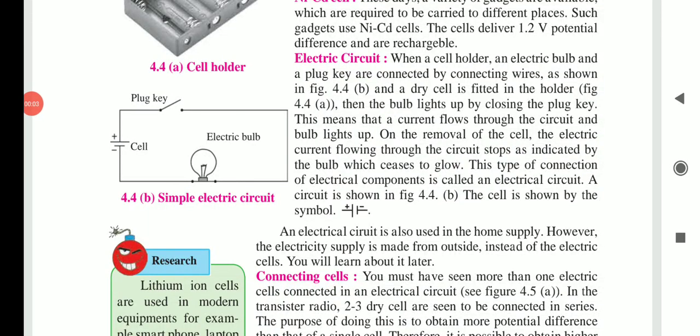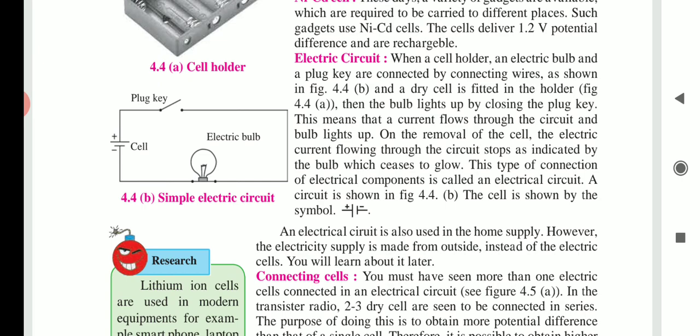Hello students, in the previous lecture we learned about the lead acid cell and the nickel cadmium cell. Now today we will see the electric circuit. When a cell holder, an electric bulb and a plug key are connected by connecting wires as shown in the figure